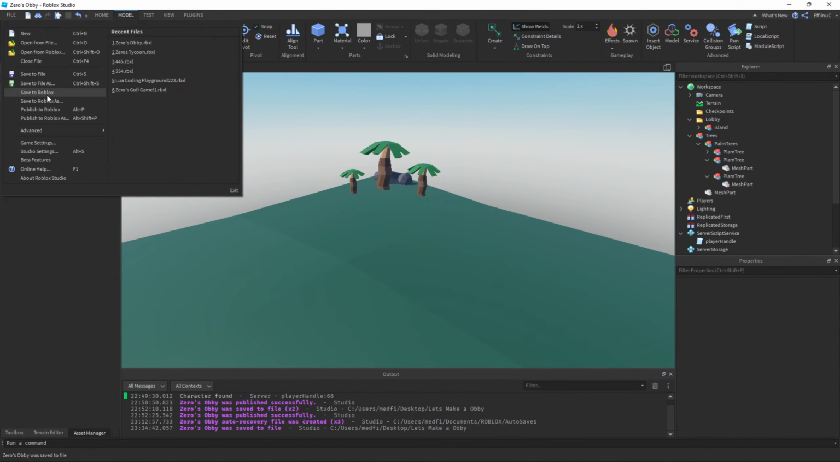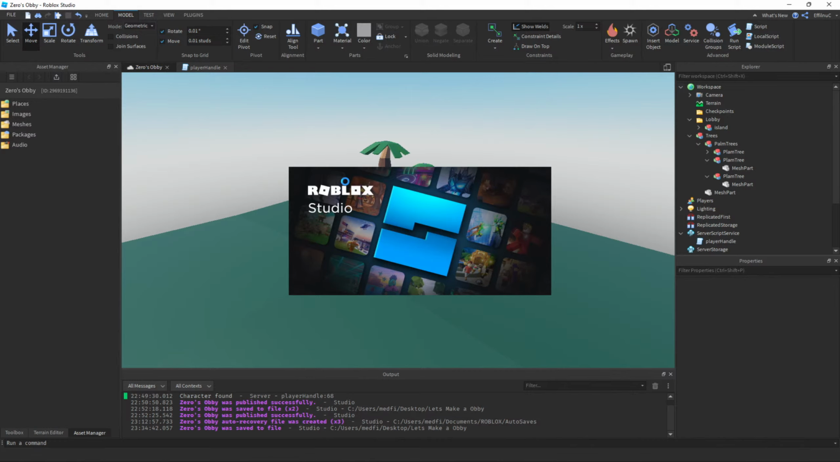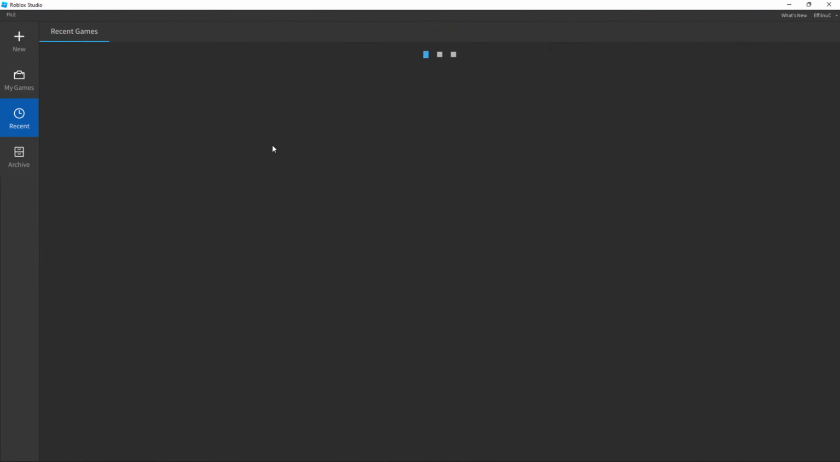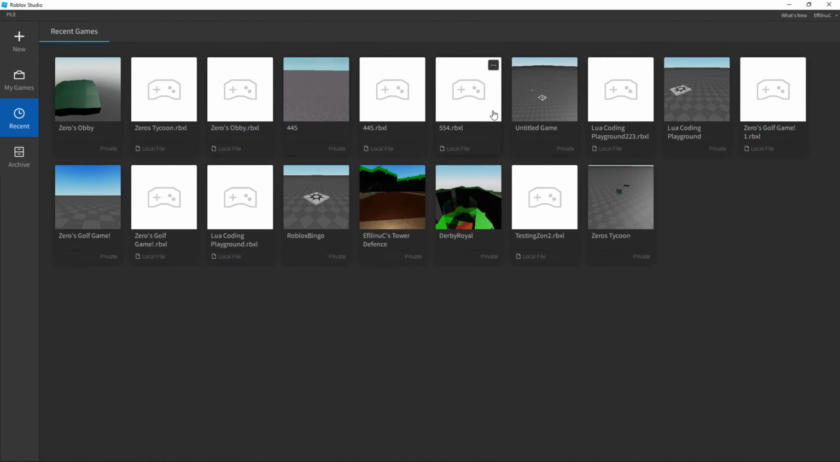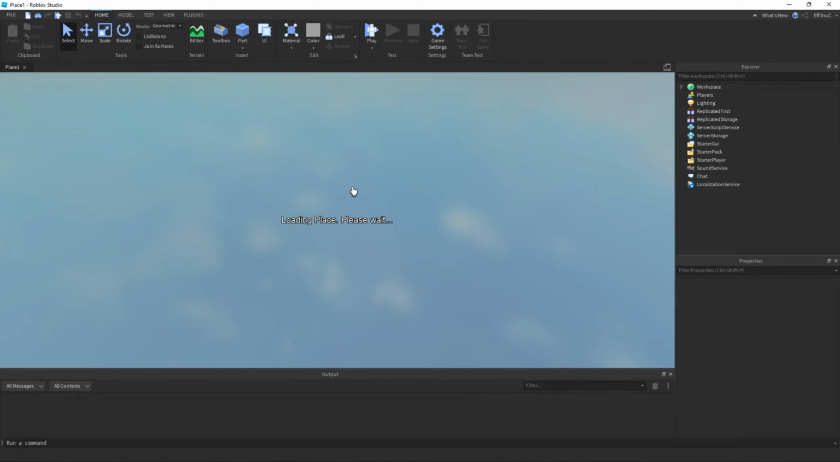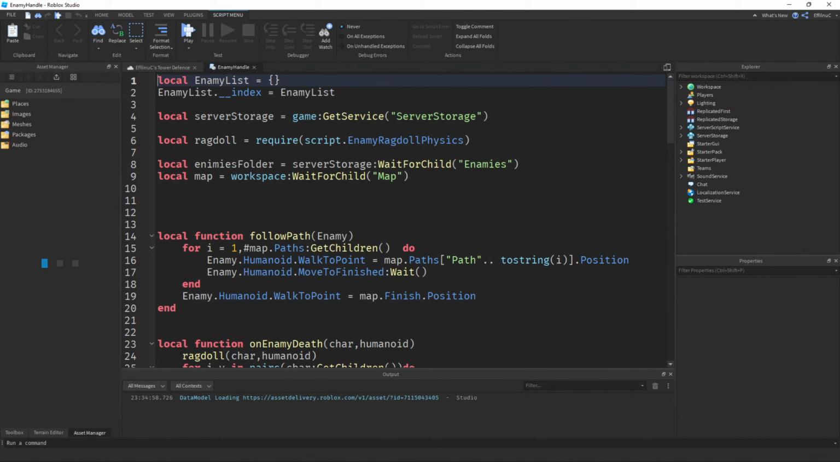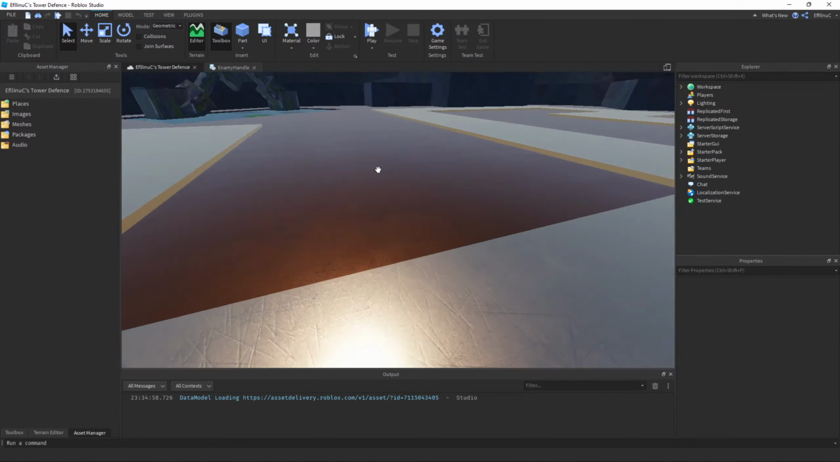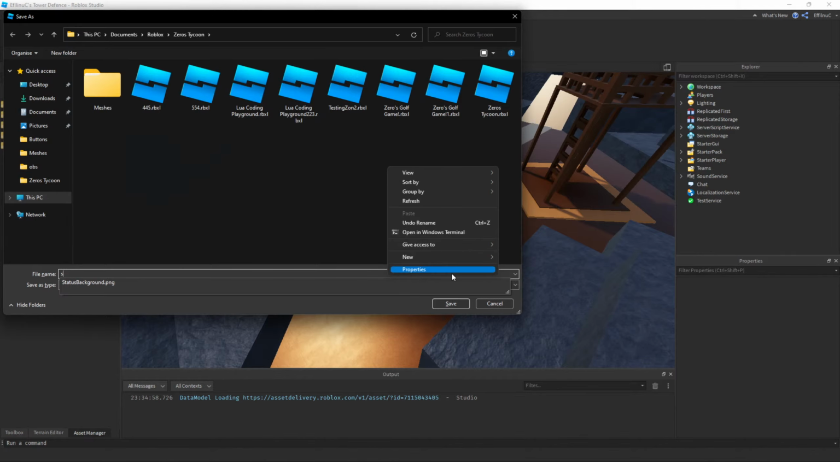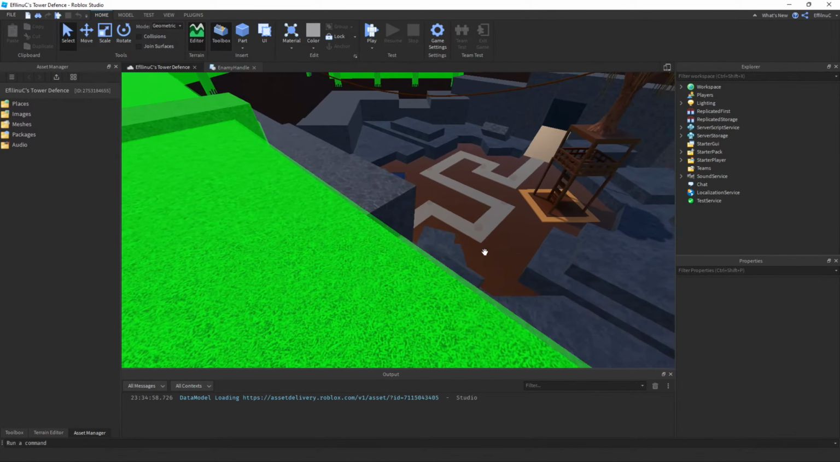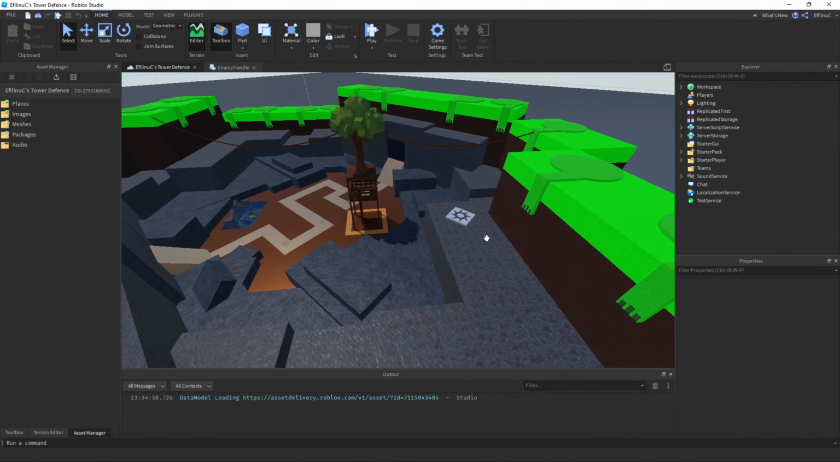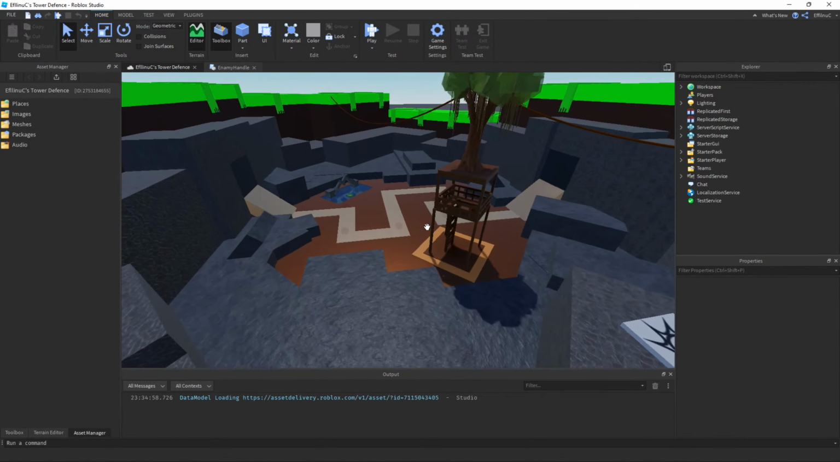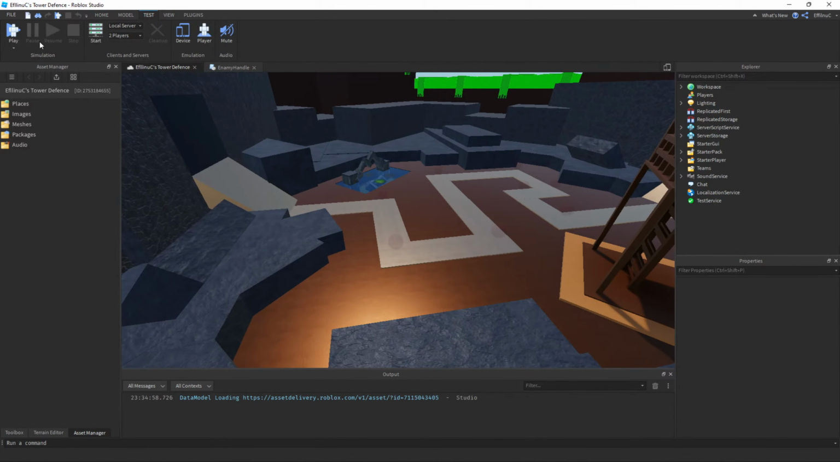Okay, so let's go ahead and I'll open that for you. Where are we? Open from Roblox. And we'll go for... Where is it? Oh yeah, here we go. So this is a tower defense game that I am working on. Here's the map for it. Basic. If we go ahead and run this, you'll see that